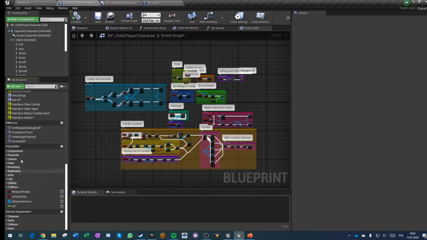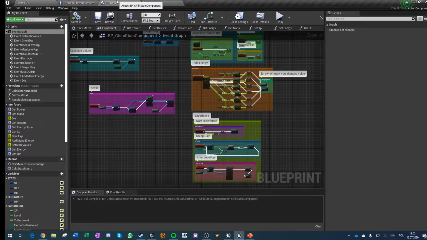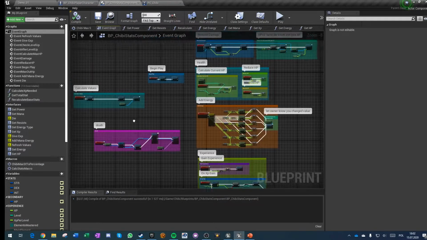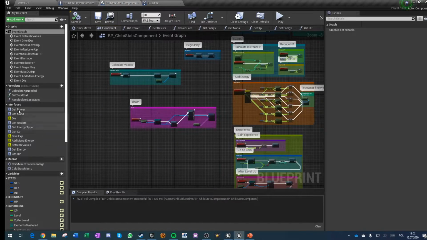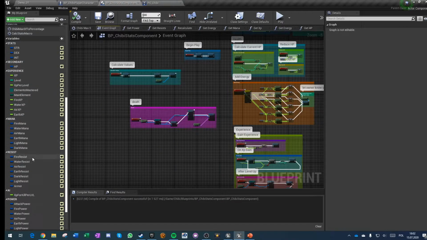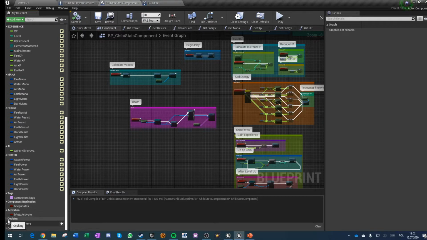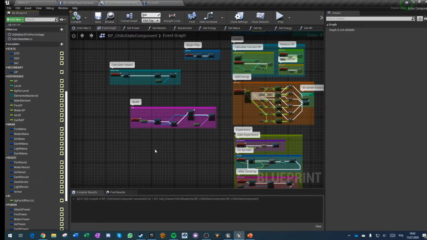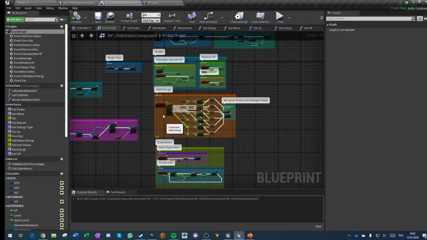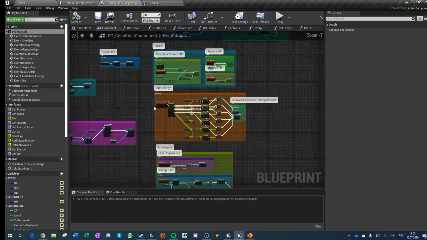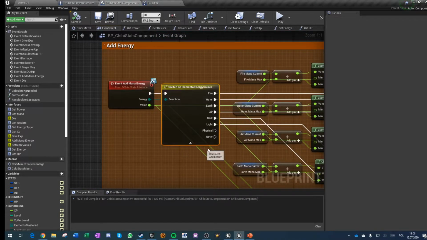Macros and just a ton of variables, and those are just variables on the character, and then you have the statistics component, which has more events and more interfaces and a lot more variables. And one of the reasons I switched from using enumerations to gameplay tags was this,